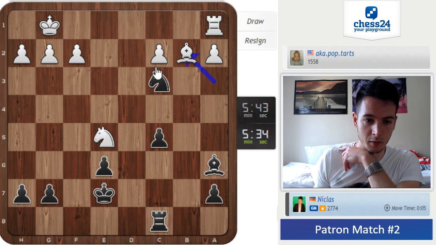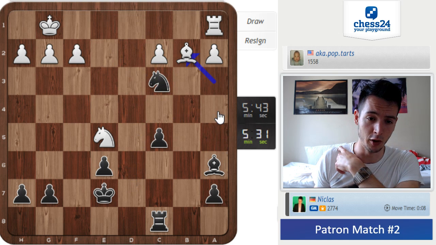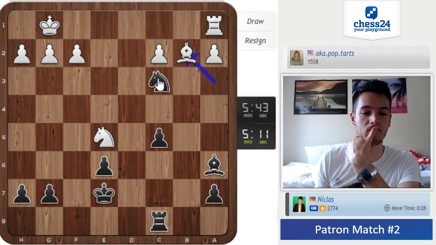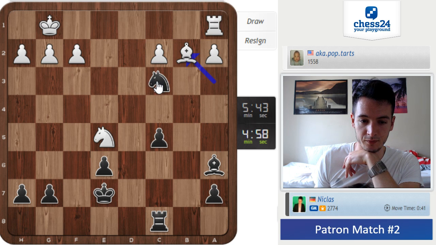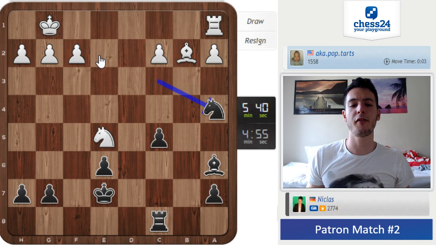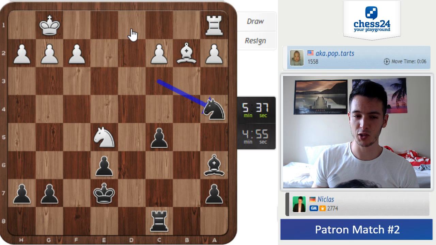files. So bishop b2. So I can either give a check or I can play knight a4, forcing the bishop to probably move away. Okay, I'll play knight a4. Because I was thinking about knight e2 check, king h1, knight d4, but then probably just rook d1 is unpleasant